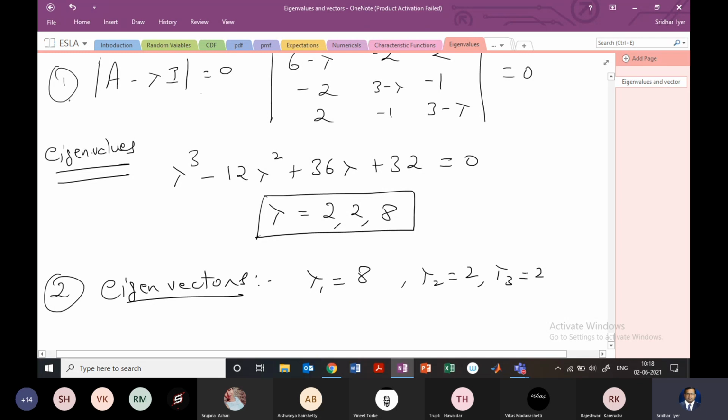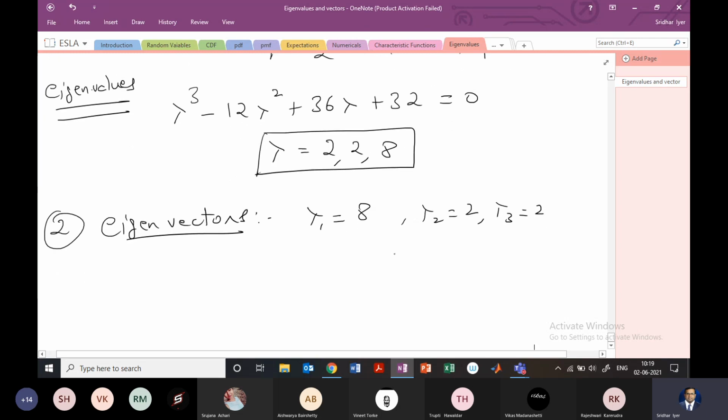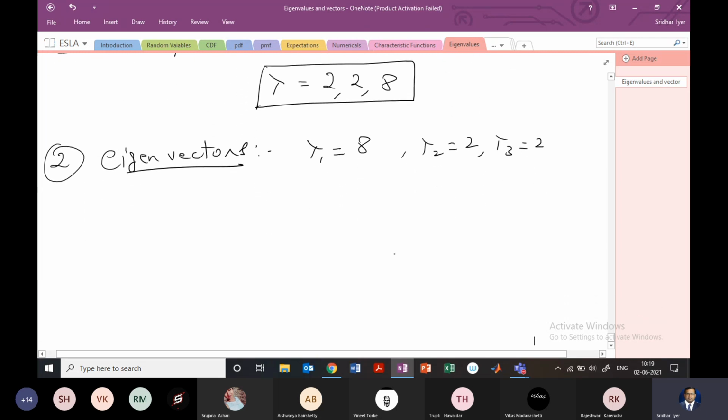So once you get it for one lambda equal to 2, the other one is also the same. Okay, so I have got those vectors. I don't know if it will match because the eigenvalues don't match. But again, I solved and verified this with the computer also. So I'll recheck from your side also.